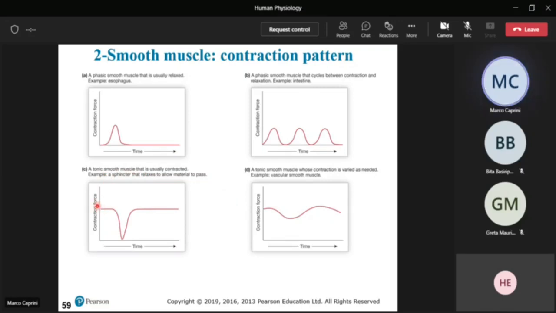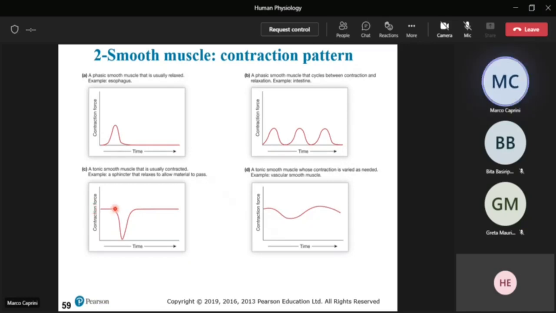And you can appreciate this point here. In the tonic smooth muscle, the muscle is usually contracted. Here the muscle is contracted. Here it is relaxed. Okay, so in the tonic smooth muscle that is usually contracted, a stimulus can relax